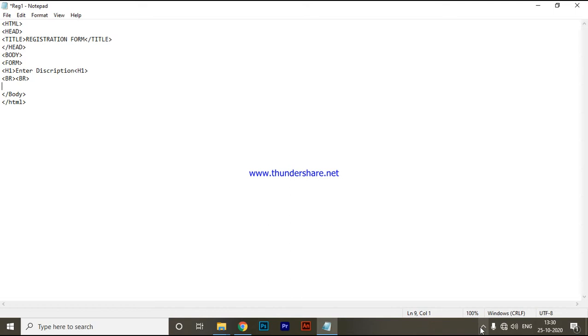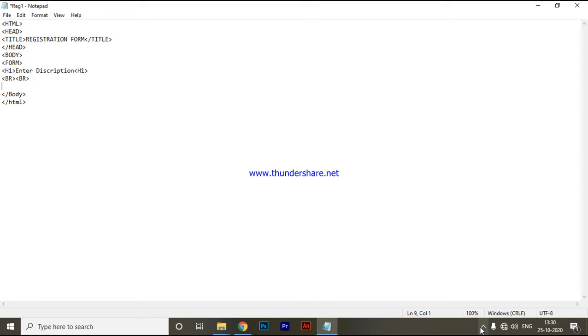The name attribute specifies the name of the field, we have already read about it. Size specifies the number of items to be visible when the user clicks on the drop down box. Multiple allows multiple selections, value specifies the value of the option, and selected indicates that the option is pre-selected. So if you choose the selected option, when we open our web page, you can see that the selected content will be displayed.